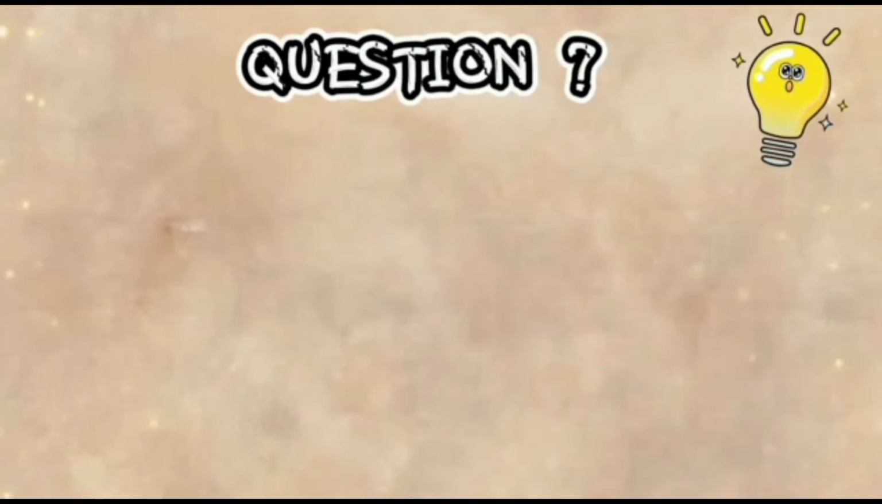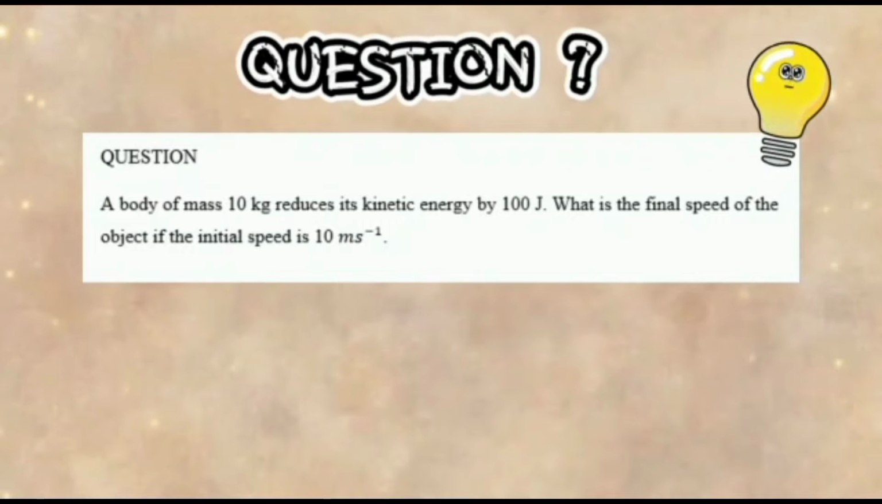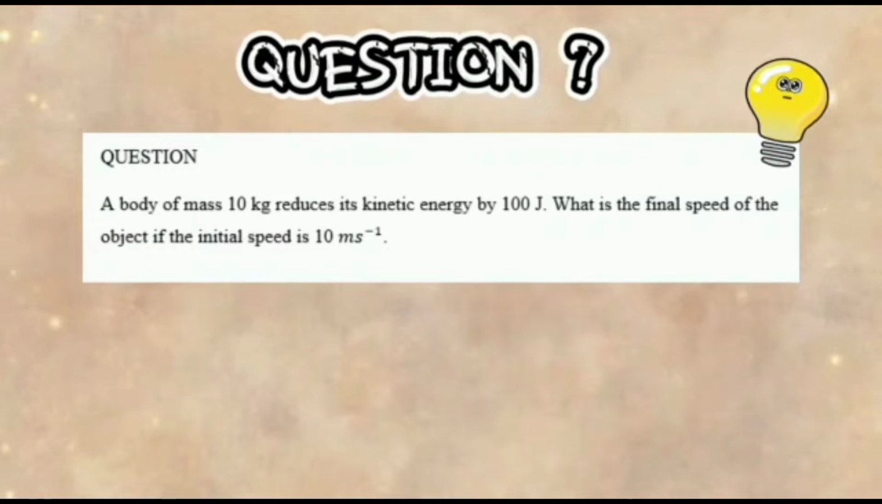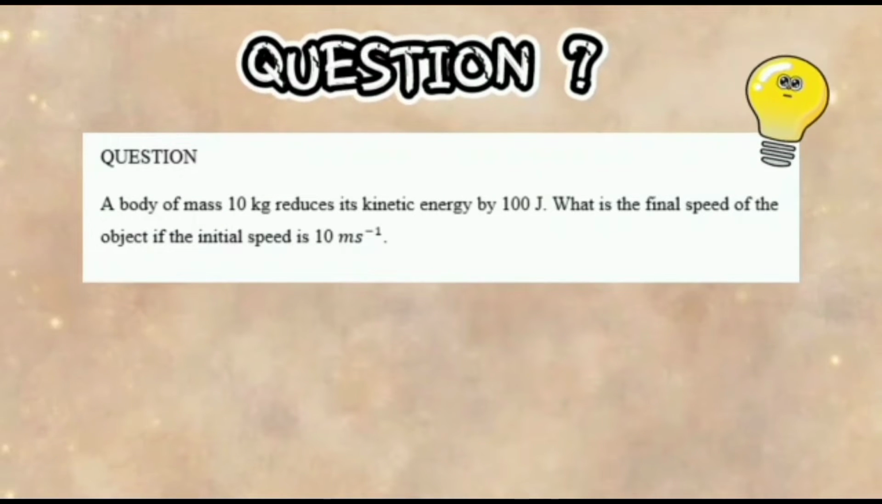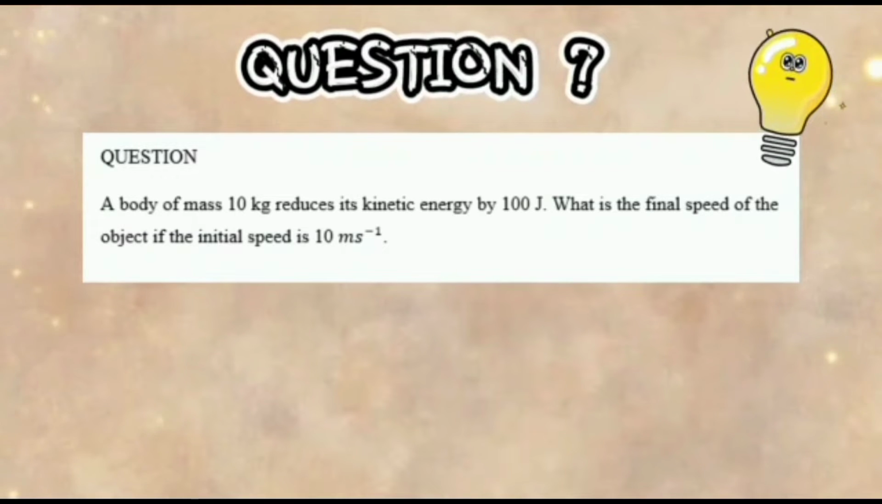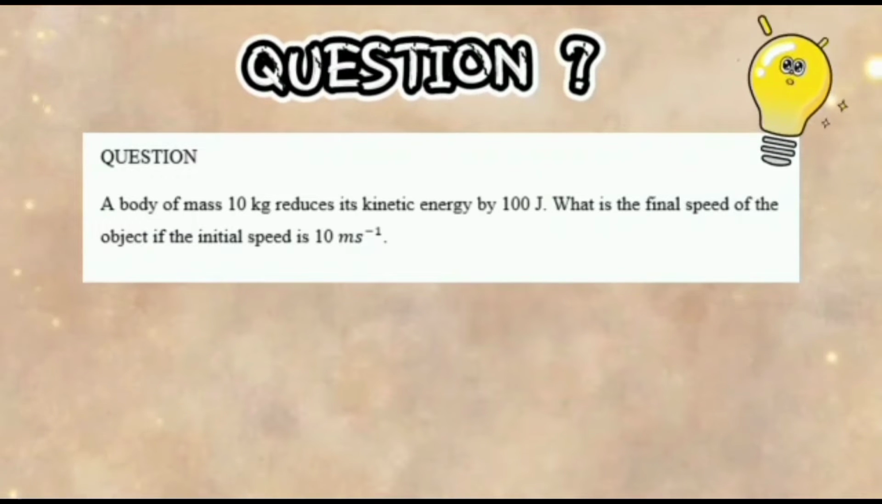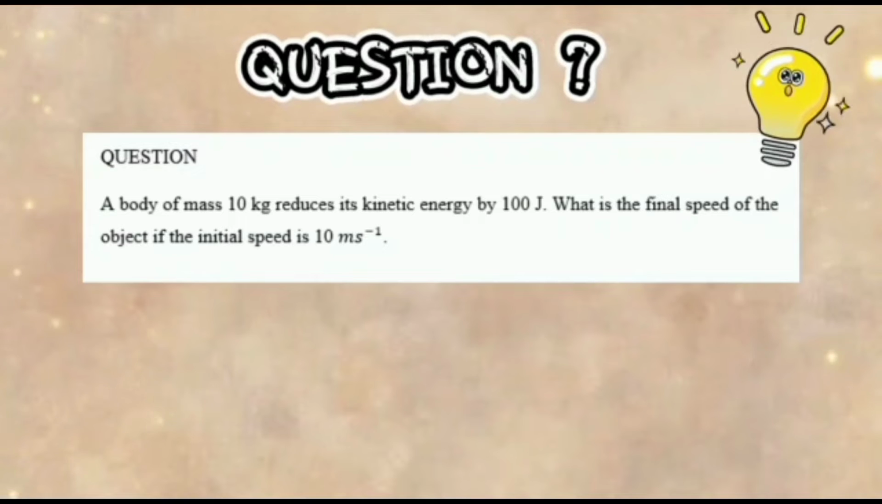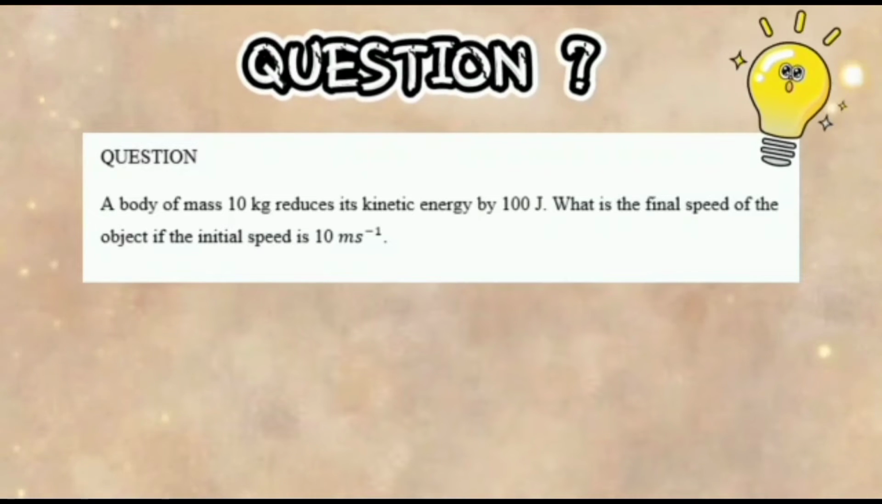So, let's move on to answer the question. Question: a body of mass 10 kg reduces its kinetic energy by 100 joules. What is the final speed of the object if the initial speed is 10 m per s? Answer: